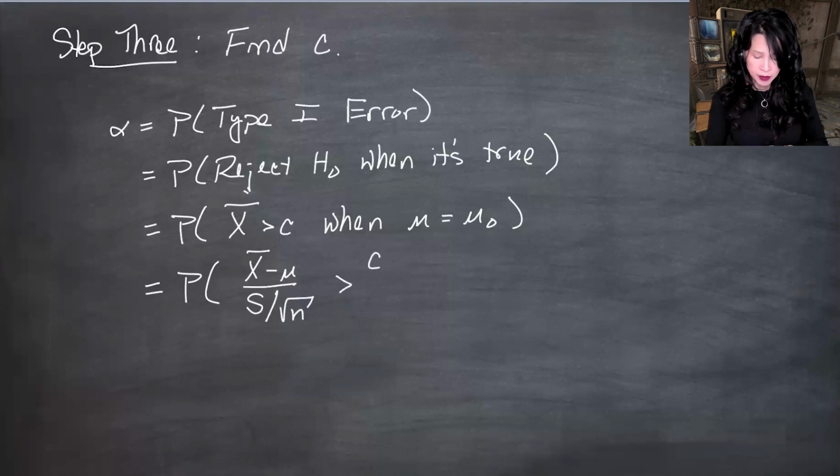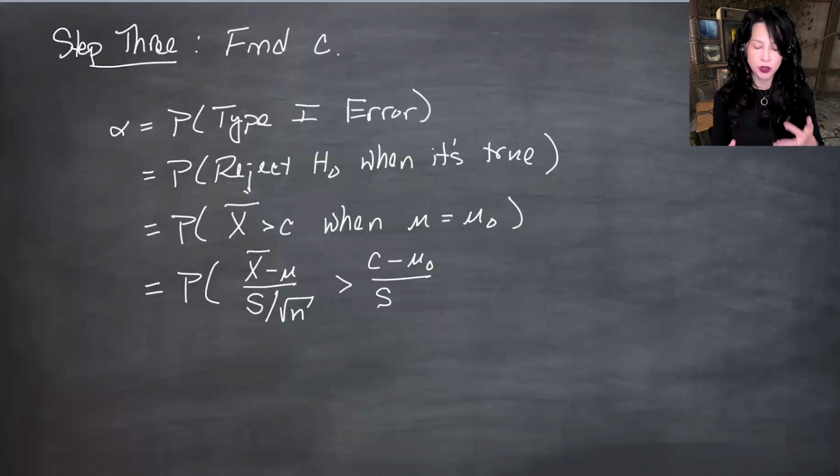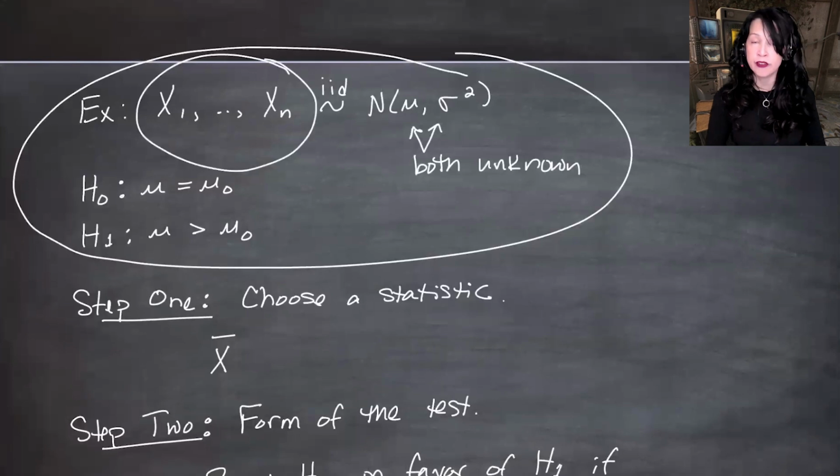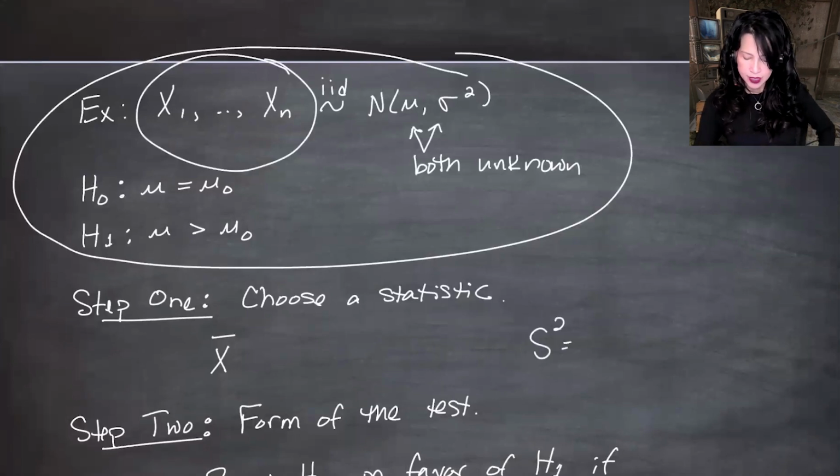And on the right side, I'm going to do it with the specific numbers. So I do know specifically in this statement that mu equals mu naught, so that's what I'm going to subtract. The standard deviation is whatever it is. Presumably, you have this so-called data in front of you, and you can take it and you can compute the sample variance,